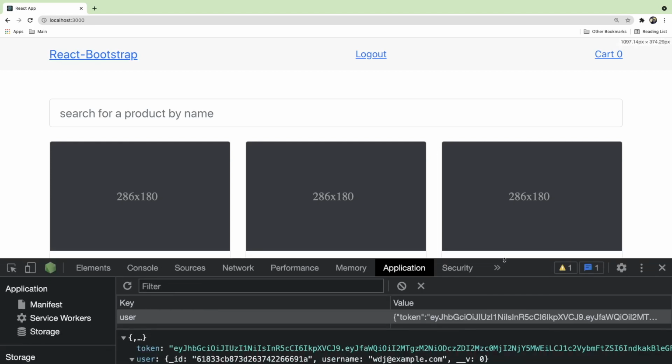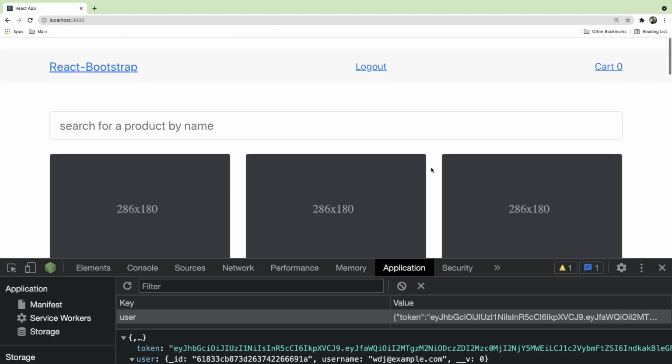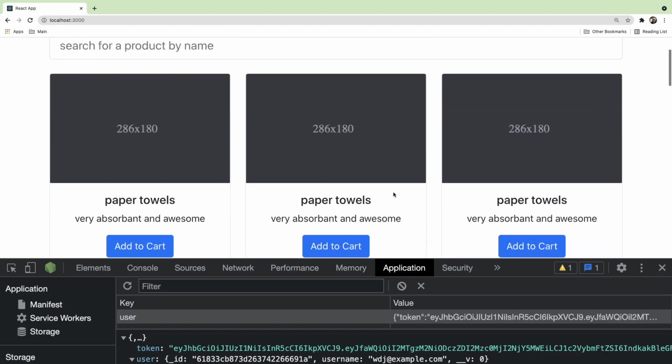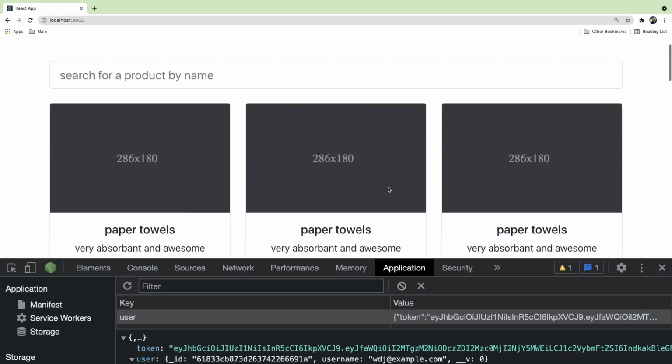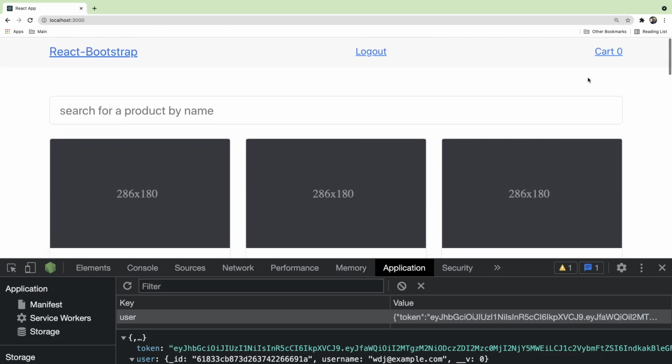So I've been looking at this app now, and I'm trying to figure out what we could potentially implement next. I think it'd be cool if we added the ability to edit an existing product here. So if you log in as an admin, which I think happens to be my